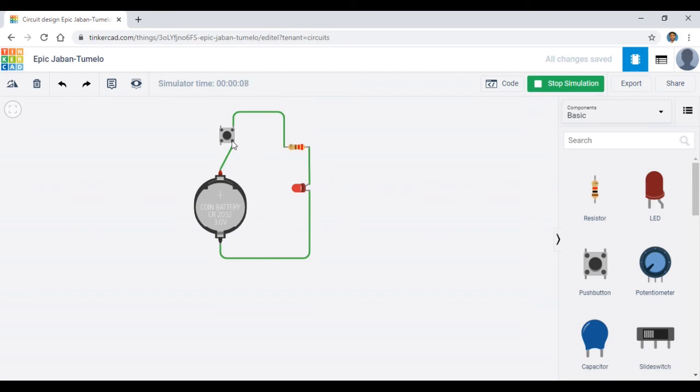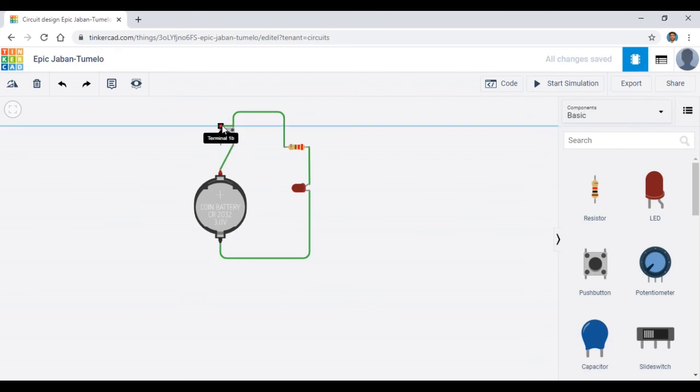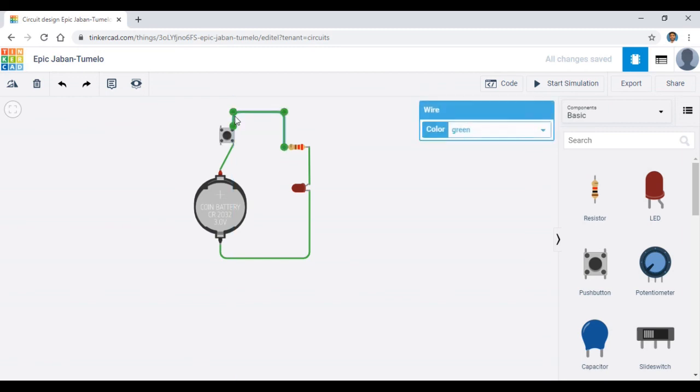As terminals 1A and 1B are connected directly internally, 2A and 2B are also connected internally, and that's why the LED is glowing continuously. So this is also not a perfect combination of terminals for this push switch. For the next combination, I am going to rearrange the connection.